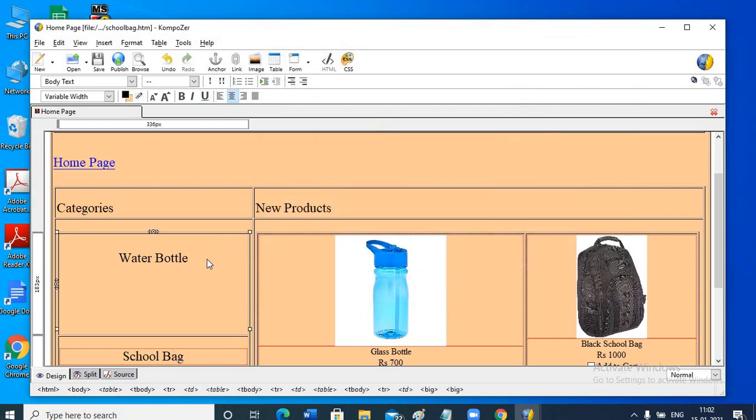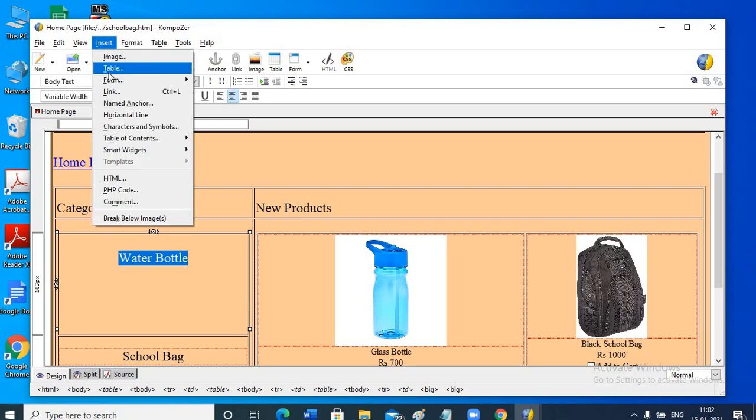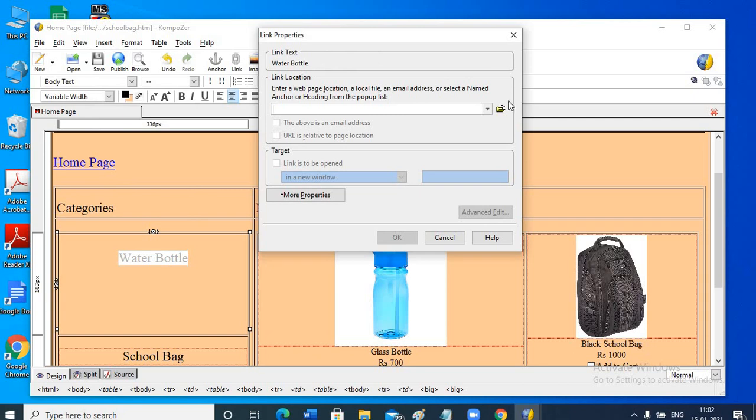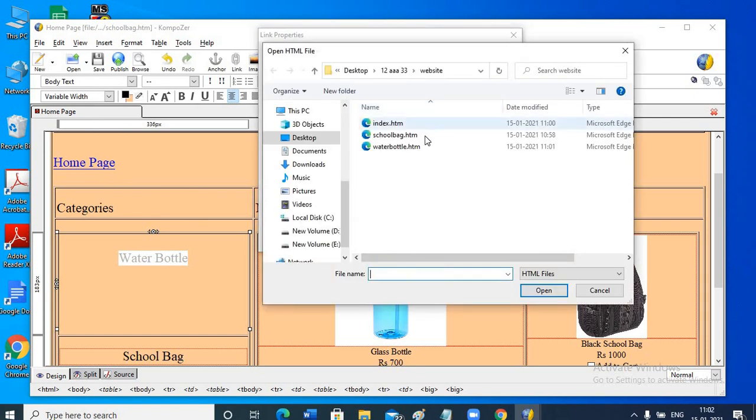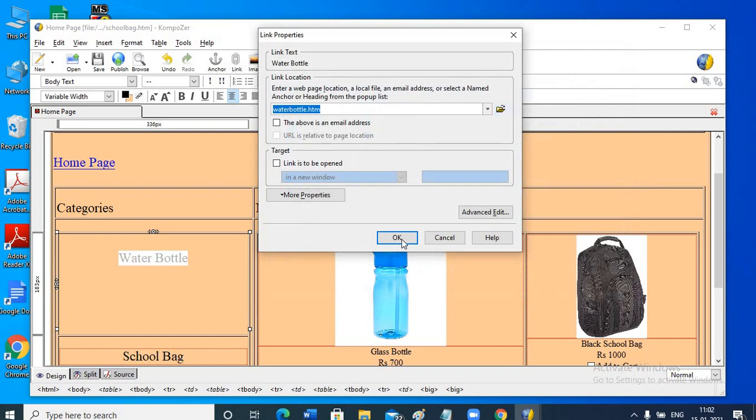Now we are in school bag, so we need to create the link for water bottle. So select the text, insert link, water bottle, open, okay.